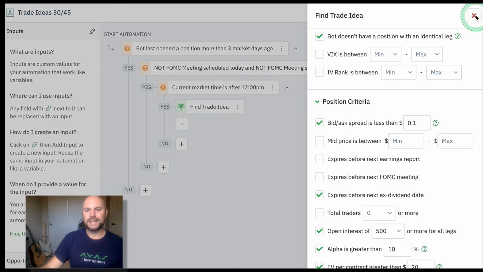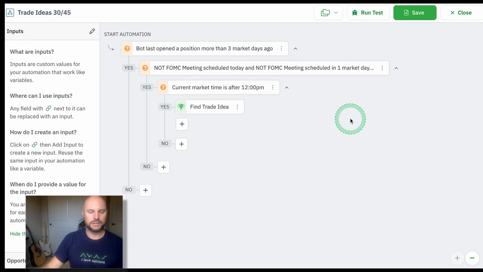You can see I did add a couple of other decision modifiers in here. I like the idea of laddering into my trades. And if you haven't been following along with Kirk's Pure EV videos, where he focuses on opening all these trades in his portfolios, he shared a similar thought, so I encourage you to go and catch up with those. But my idea here is, since I have a lot of those high beta tickers and those index ETFs, I don't want to just stomp on each trade day after day after day. I want to give the market a little bit of room to breathe, if you will,